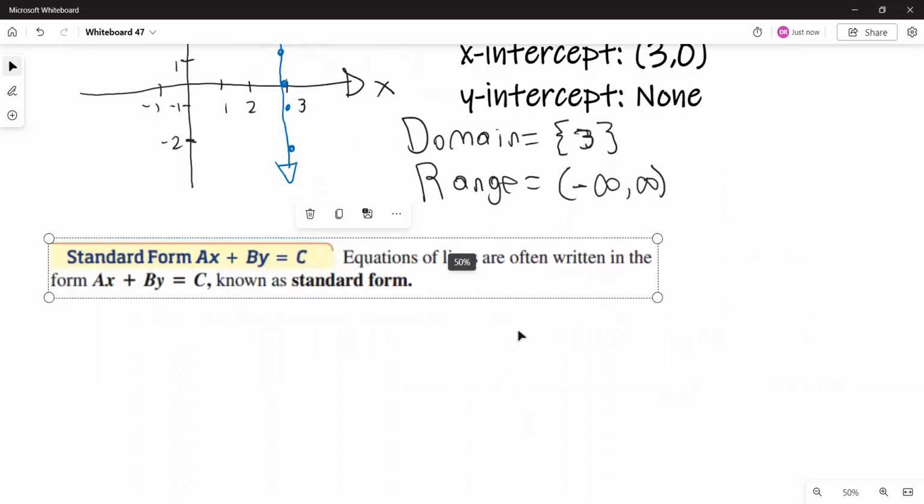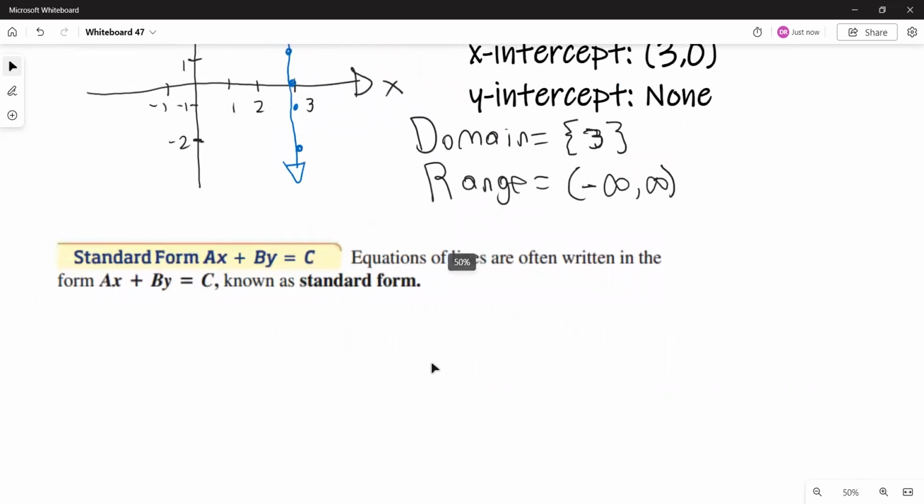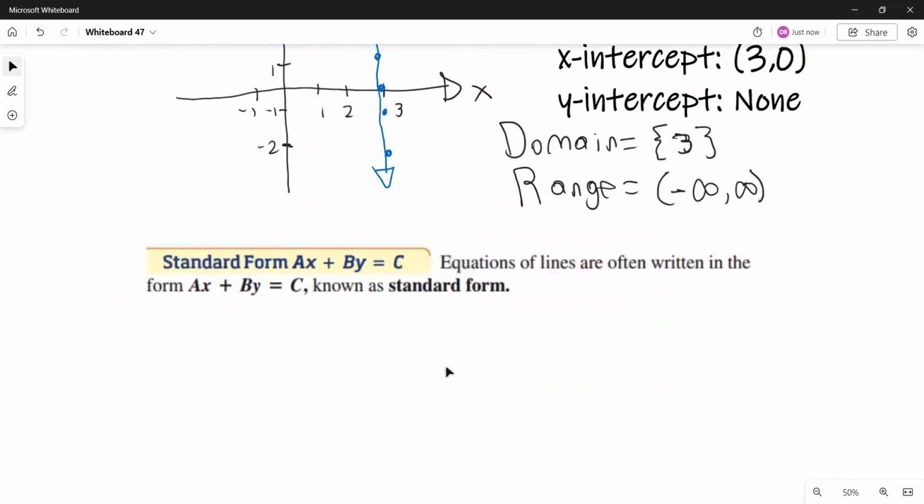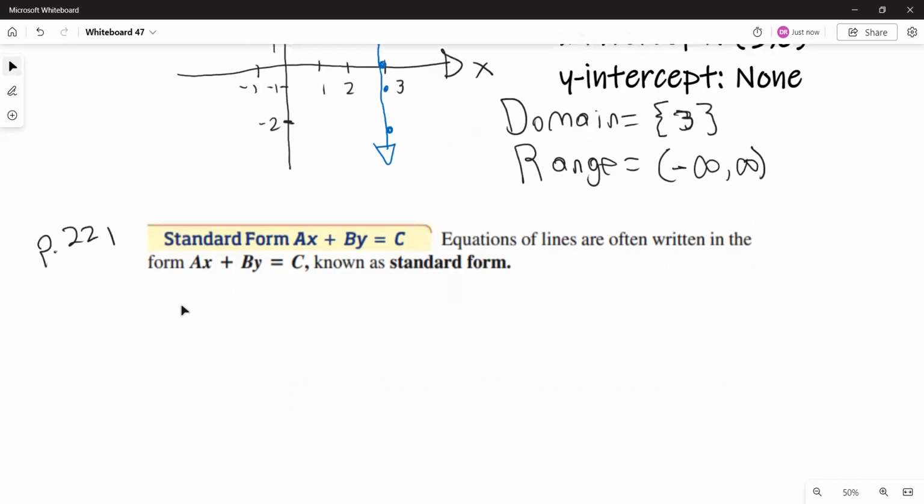So any non-vertical line is a function, but a vertical line is not a function. Equations of lines are often written in the form ax plus by equals c, known as standard form. For example,